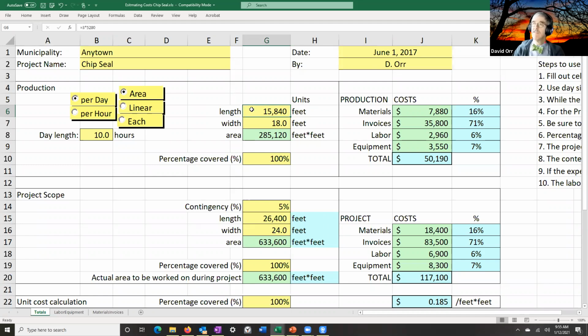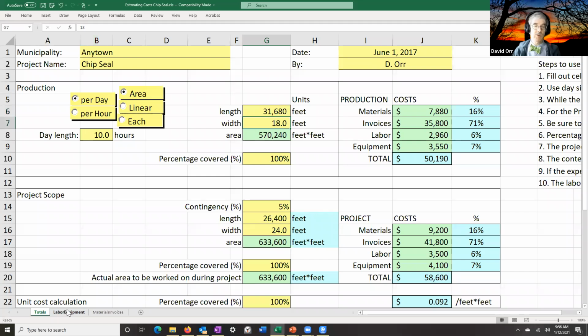But what happens if all I do is increase my productivity by adding additional trucks? I don't change the amounts of anything except I have more trucks and I get more done. So I've got to pay for more stone and more emulsion, but everything else stays the same. My project is $50,000, about $0.18 per square foot. So I'm going to jump that to 6 miles. I'm only doing 6 because I can do the math in my head. Everything else stays the same, 6 miles.